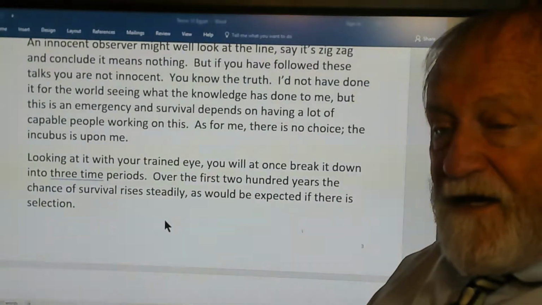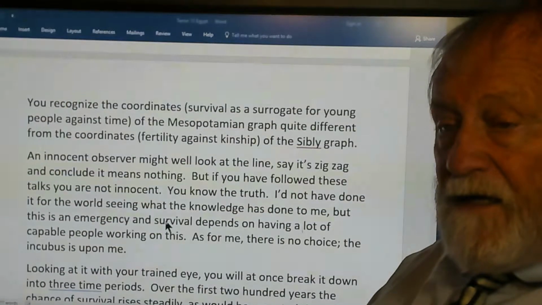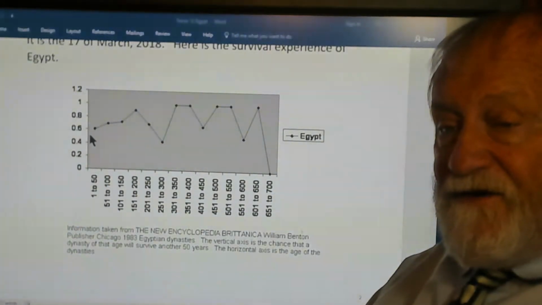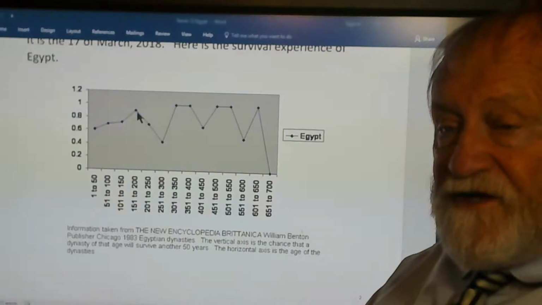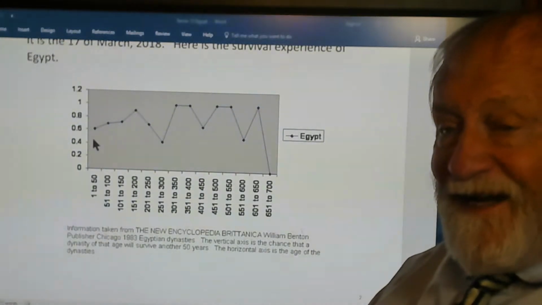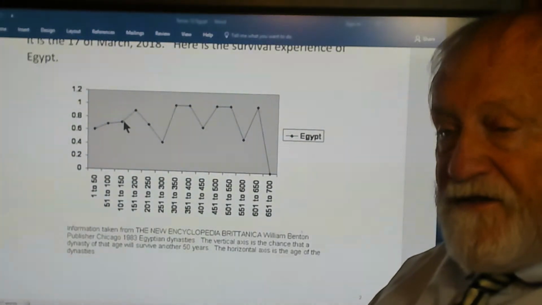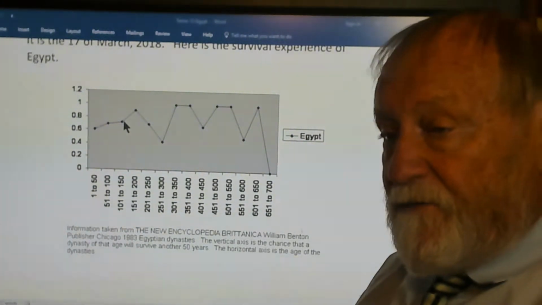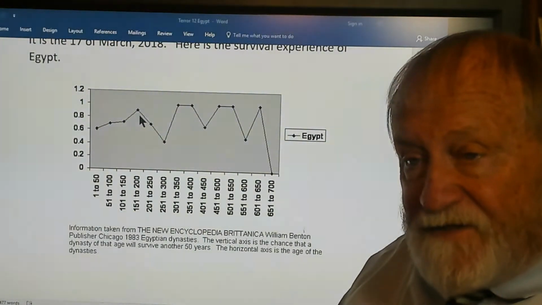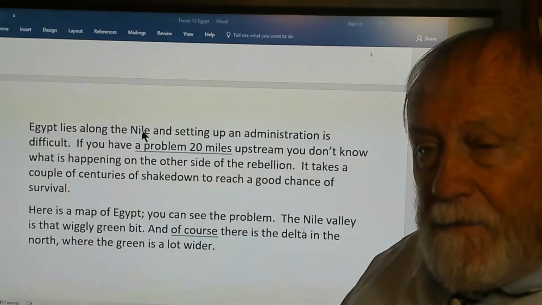Now, with your trained eye, you'll go back over those numbers again, and you'll break the graph down into 3 parts. First, there is a period of time during which the longer a civilization, empire, regime, what have you, has lasted, the better the chance of it lasting the next 50 years. This is selection. We all understand what selection is. That from there to there, we have selection. And then,